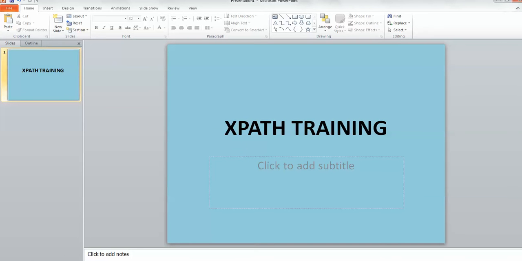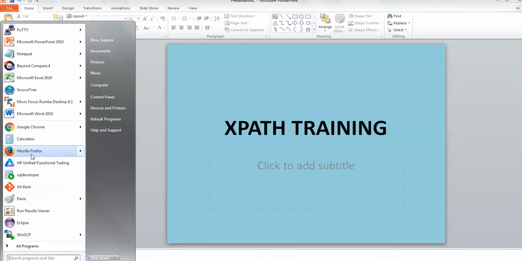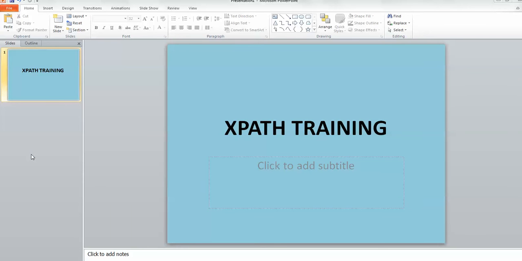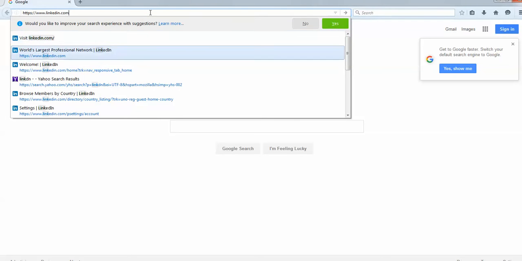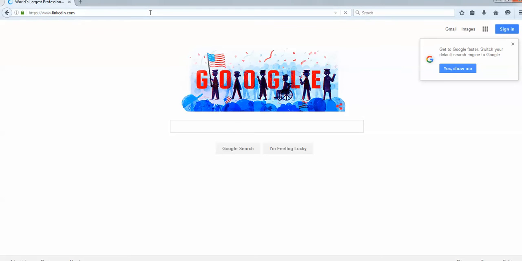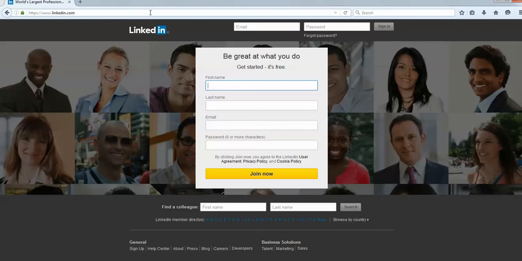I'll get started with Firefox. In Firefox, we have an excellent feature to locate the XPath of an element. Today's testing learning we'll do on the LinkedIn site, where we have a text box here.